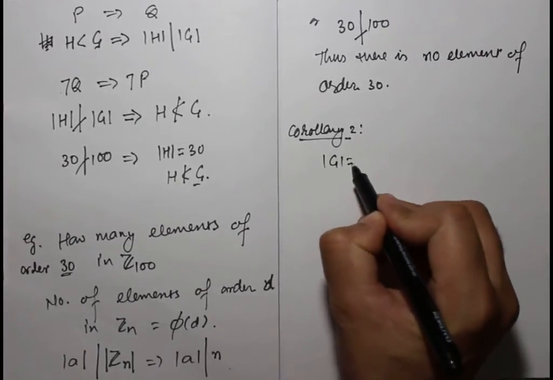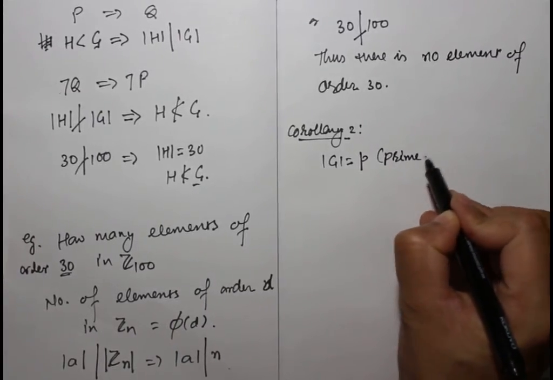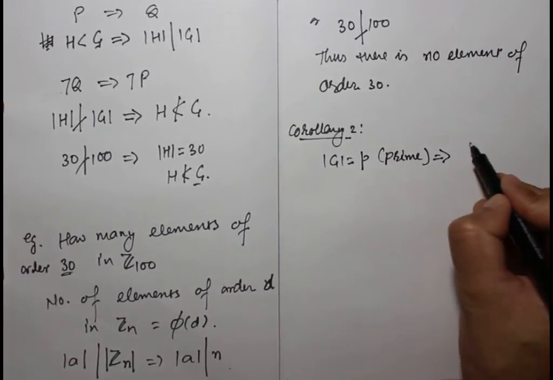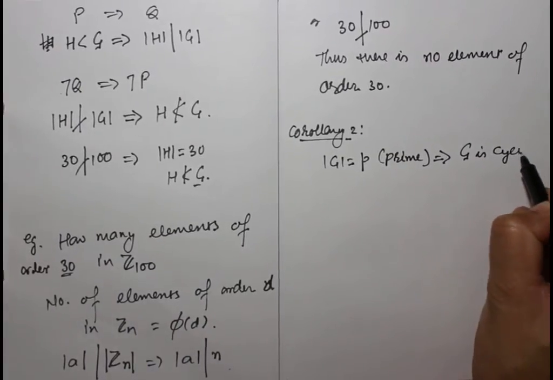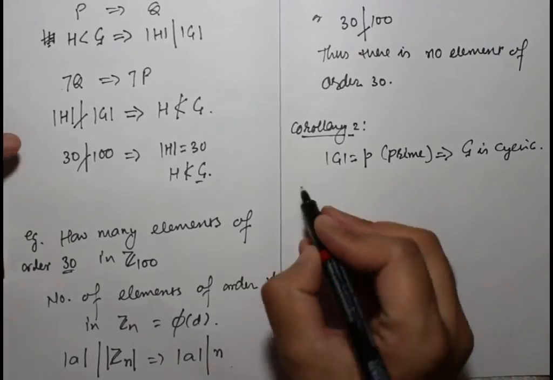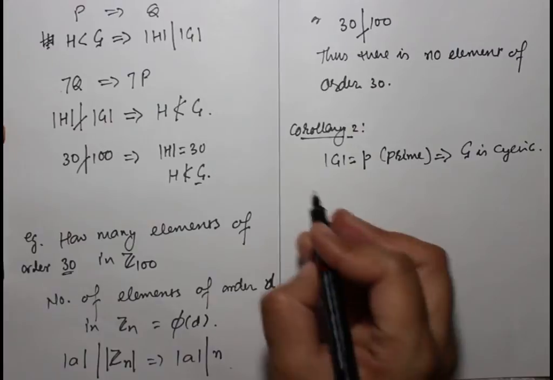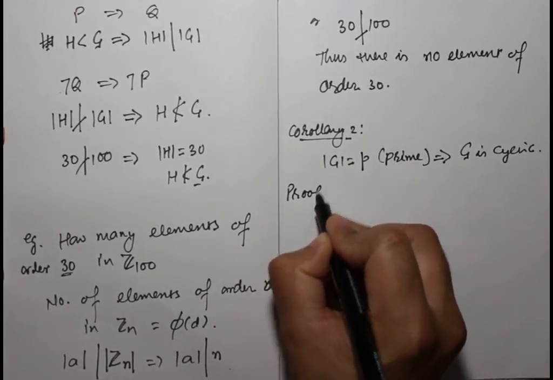Corollary 2 बहुत important, बहुत useful. If order of group equals to P, where P is prime, it implies G is cyclic. अब इस कोरोलरी से हम बता सकते हैं प्राइम ऑर्डर का जो भी ग्रुप होगा वो हमेशा साइक्लिक होगा, हेंस अबेलियन। स्टेटमेंट: ग्रुप ऑफ प्राइम ऑर्डर इज साइक्लिक। इट्स प्रूफ,